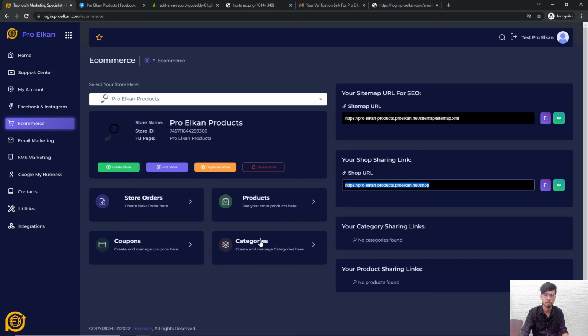There is still a lot of stuff that we can configure here in Pro Elkan so that it would suit